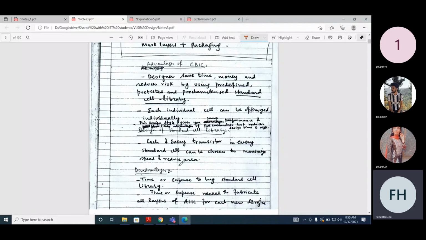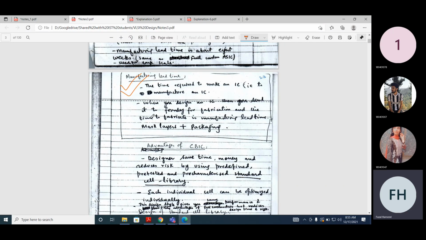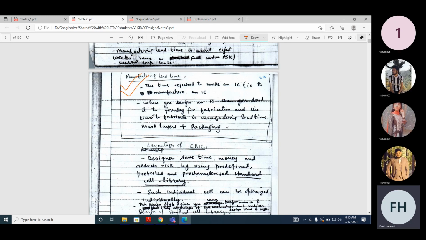Okay. So what is the advantage of ASIC? First we need to define manufacturing lead time. The manufacturing lead time is the time required to manufacture an IC. When you design an IC, you send it to the foundry for fabrication, and the time to fabricate it is the manufacturing lead time.